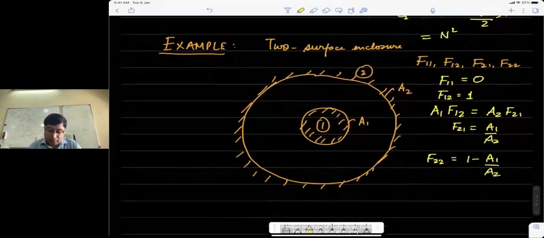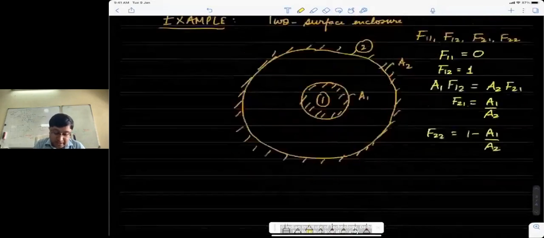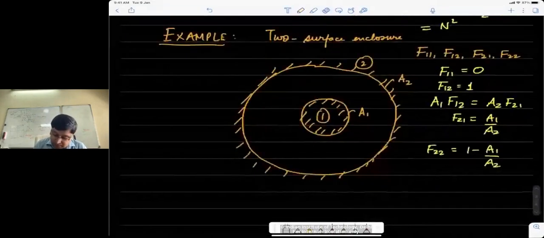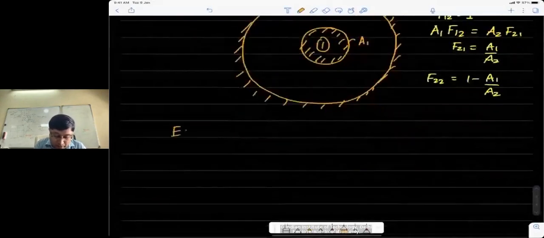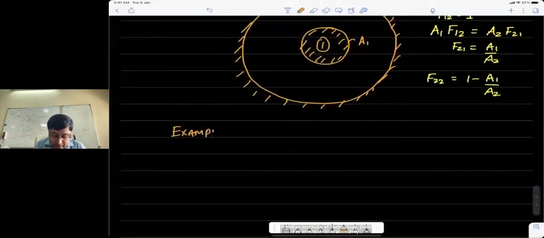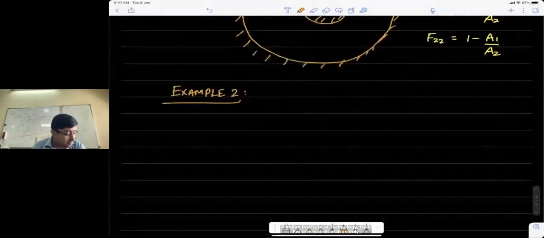Let me choose a slightly more complicated scenario. Okay, let's say this is example 1. So let me choose example 2. This requires a little bit of thinking, but hopefully if you can see how I'm going to do this, you will be able to solve more difficult problems when you see them